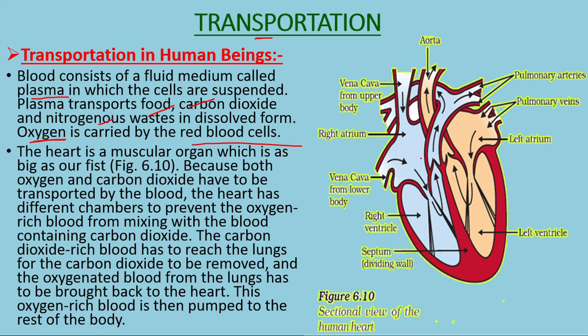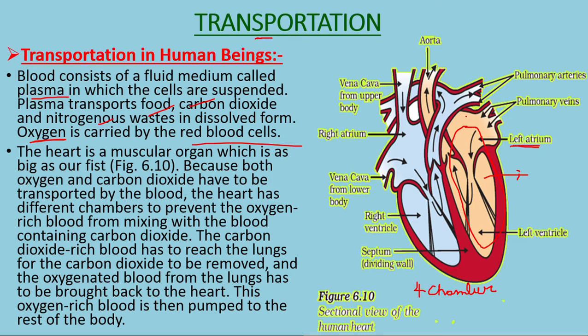So, our heart has four chambers. There are two columns, two chambers with oxygenated blood and deoxygenated blood, and the red one, this part, has oxygenated blood. So the blood which comes from the lungs is called oxygenated blood because oxygen has dissolved in it, and it goes to the left atrium.